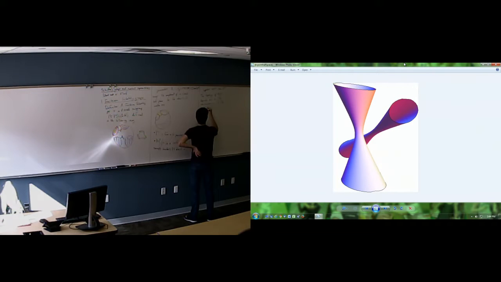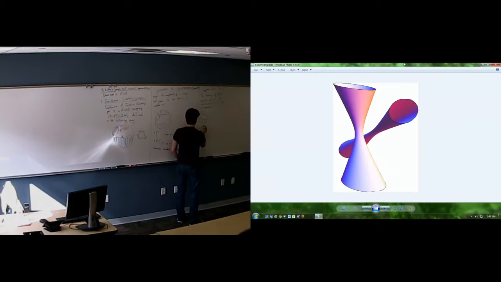You mean your choice of these half planes? Yeah, so I'll explain what I mean. Here's an example. You have the choice of half planes, but you also have the choice of your identifications. So this, as a quotient, gives something like this. Or you can think of it as punctures. It's up to you. And if you take the same half planes, but identify opposite ones instead of adjacent ones, then you can convince yourself that the quotient is a torus with